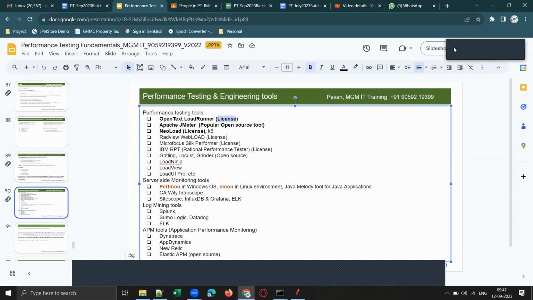Once you confirm your joining, we are going to share the latest trial version with you. We have a 1-year trial license, right? It's a 1-year trial license. That is another wonderful thing. So you will not have just a 15-day trial version or 1-month trial version, but LoadRunner provides a 1-year trial